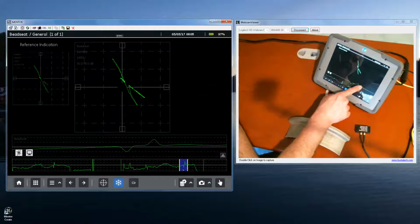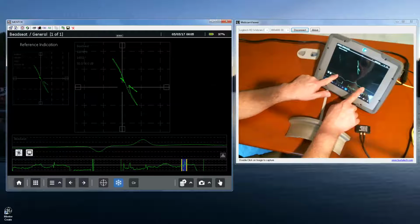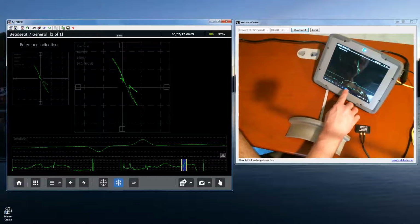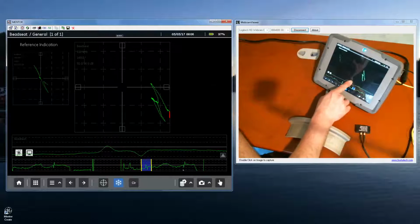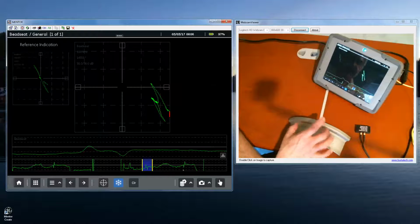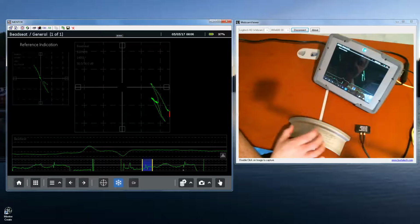So I can zoom in on just the crack indication, and you notice how much that looks like our reference echo. In fact, it looks identical to it. If we select one of these others, we notice that the indication isn't very well centered up in the Lissajous. Again, that comes because of the probe wobble. I didn't have the probe as neatly in the bead seat as I could possibly have when I went over